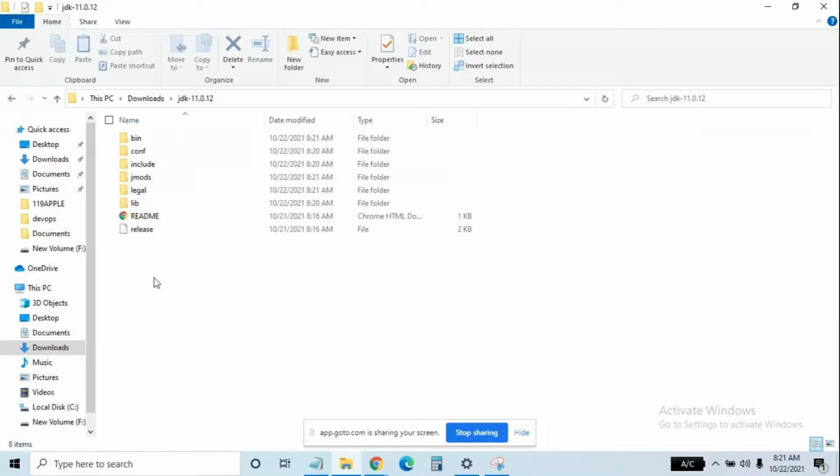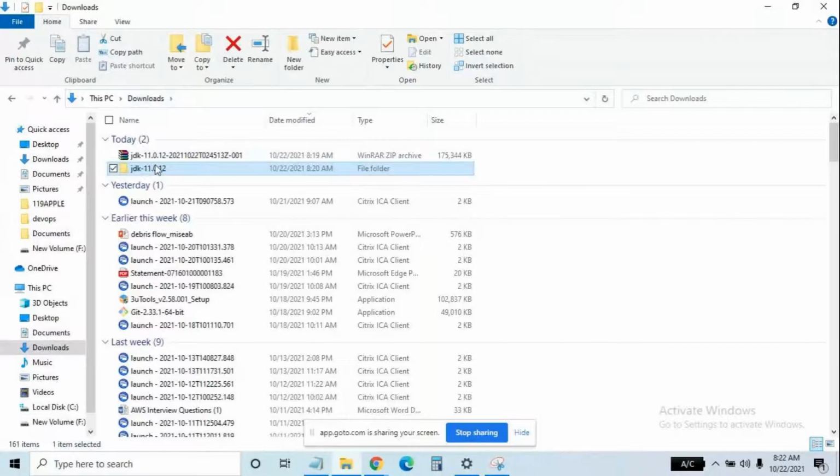The bin folder should not show as a folder actually. It will show as a file. It is showing as a folder now, right?